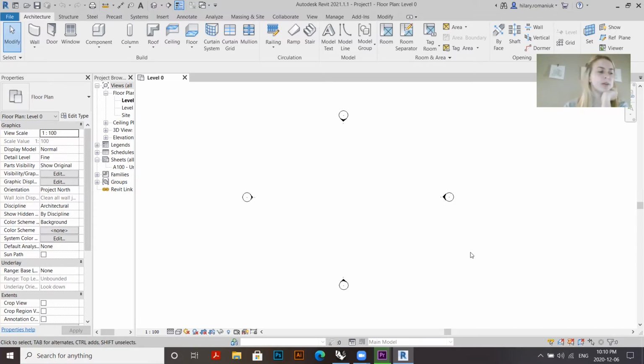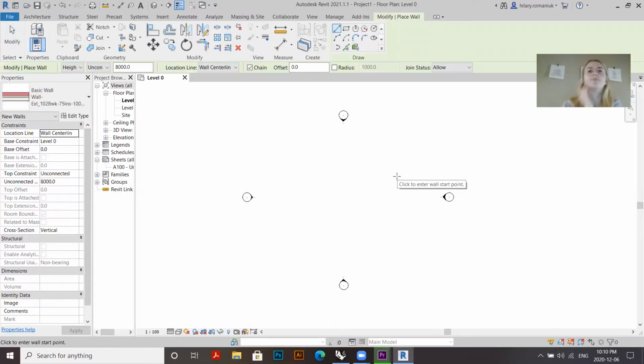So we're going to start with creating a curved wall. This is super easy, but for some reason, some people don't realize how easy it is. So to create a curved wall, you're just going to click the wall tool, and the modify tab pops up on the top, and you can see that there's this square of all of your different tools that you can use. There's a bunch of different curve tools and the spline tool, but I prefer to use this one. So you can just draw